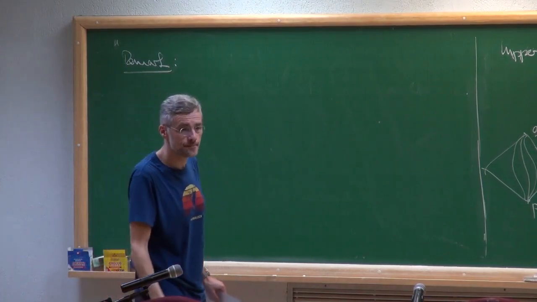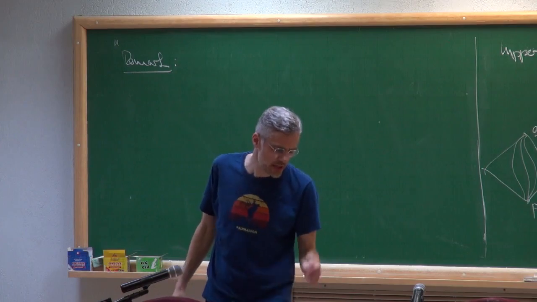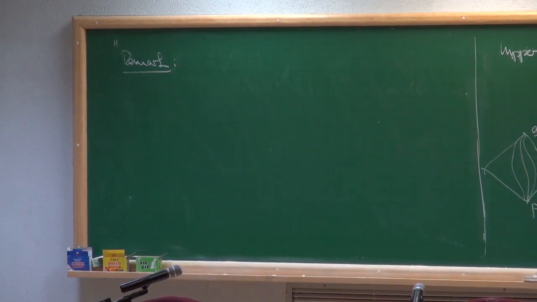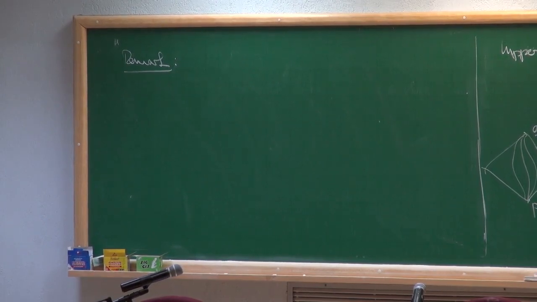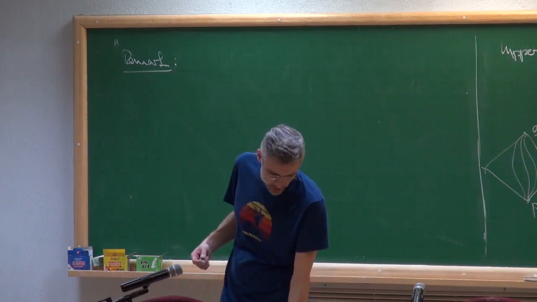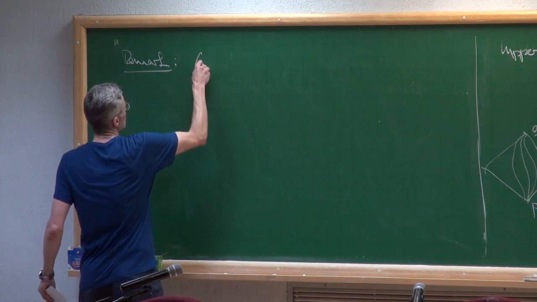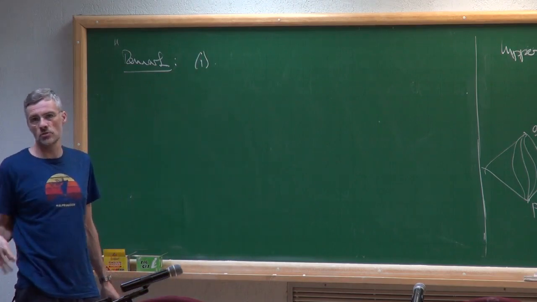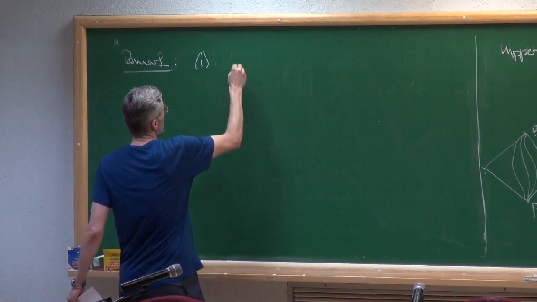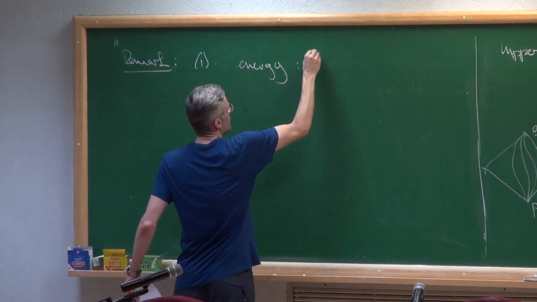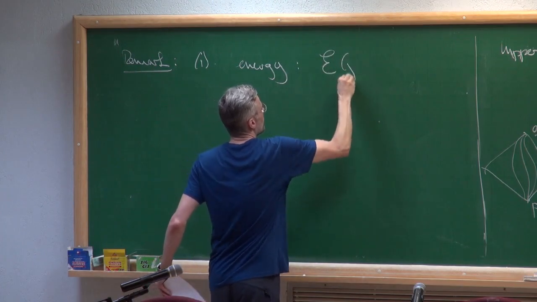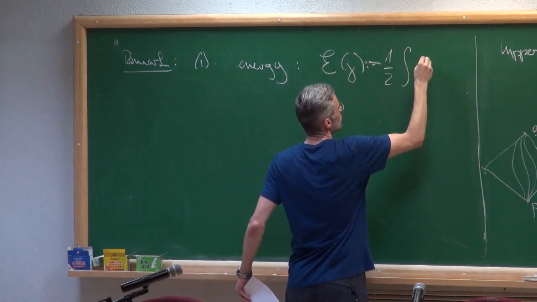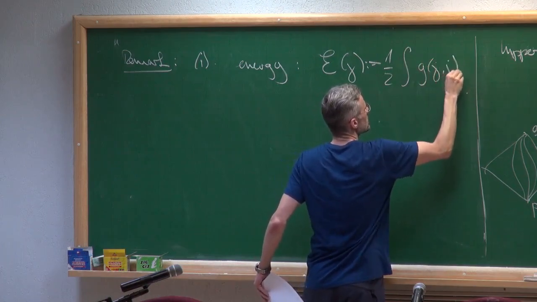I talked about the length. And if you look in the physics books, the length in relativity is actually the energy. So I'm not making too much error here when we talk later about Morse theory. The Lorentzian length function is the relativistic energy of a moving particle. But you could argue that you should really look at the energy of curves as you would do in Riemannian geometry. So the energy, in this case, not L, but E, of a curve gamma being 1/2 integral over g(gamma dot, gamma dot) dt